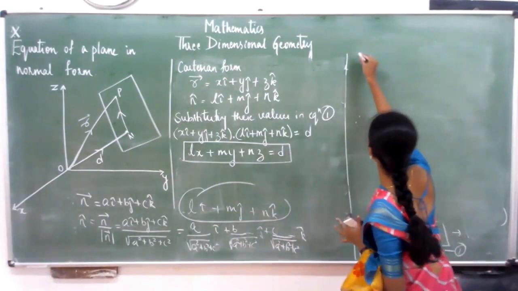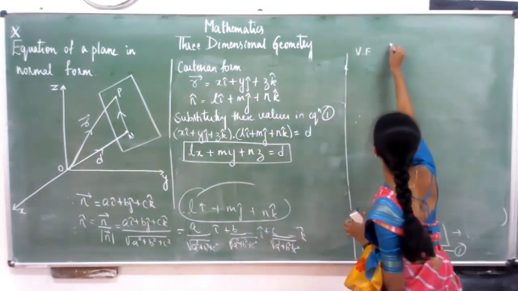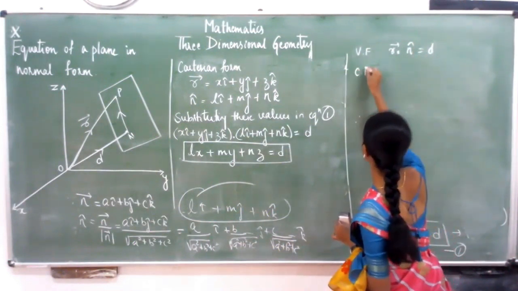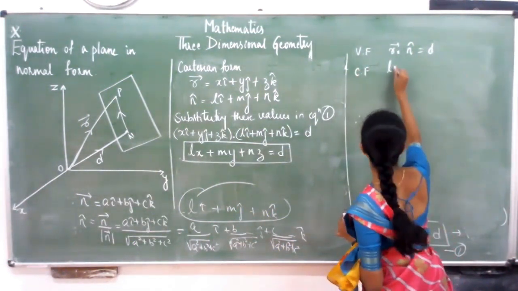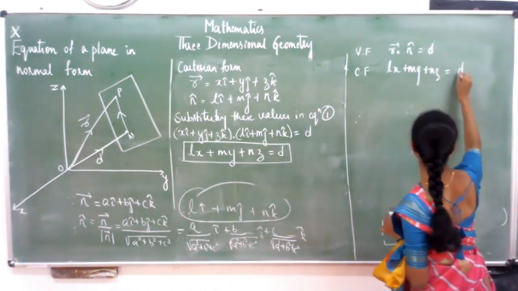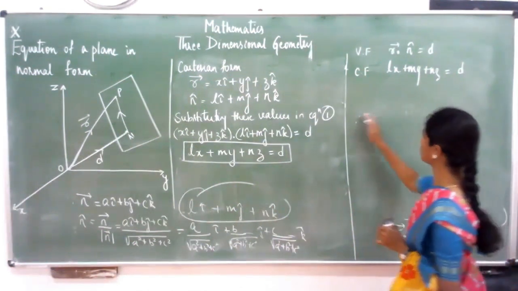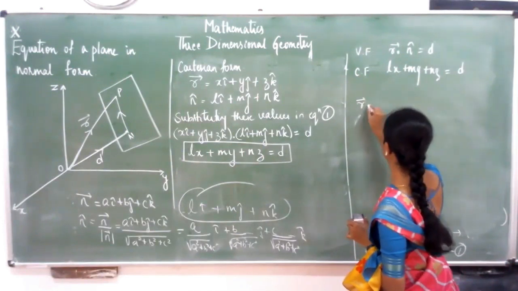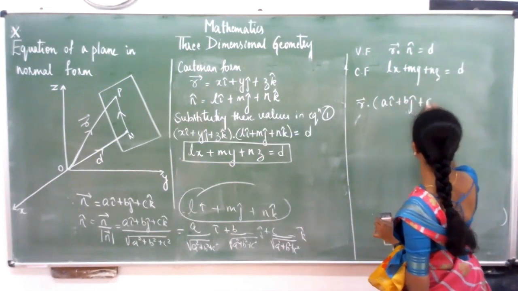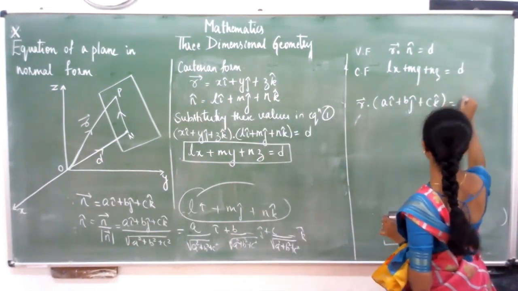Just now we saw the vector form, vector r dot n cap is equal to d, and the Cartesian form, lx plus my plus nz is equal to d. Here, if they have given vector r dot a i cap plus b j cap plus c k cap is equal to p,